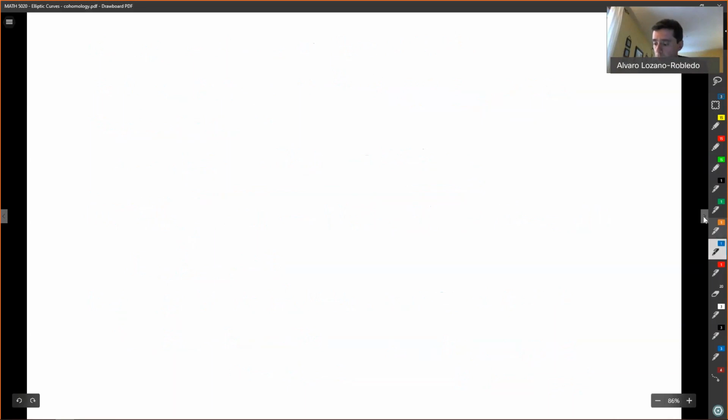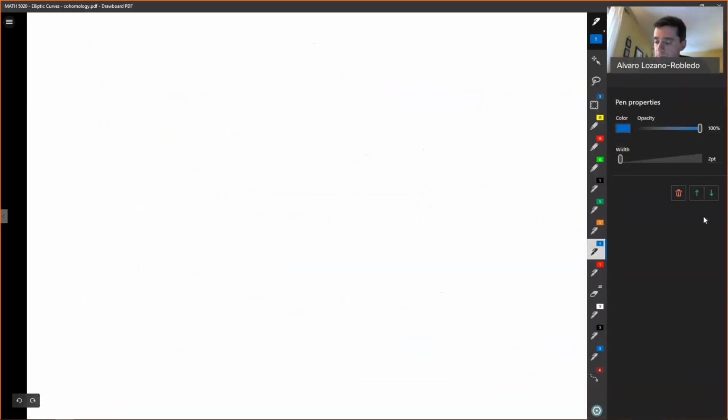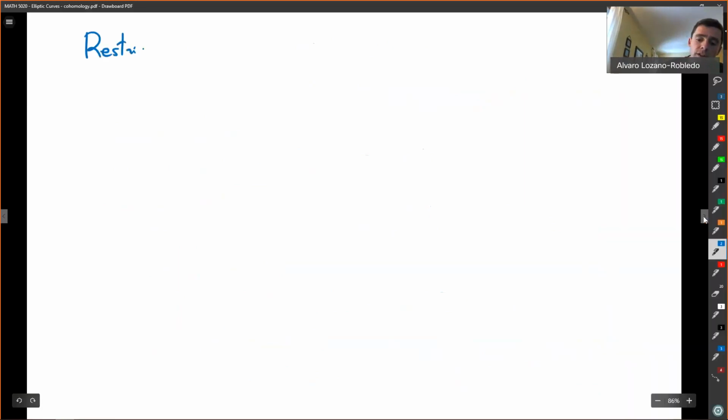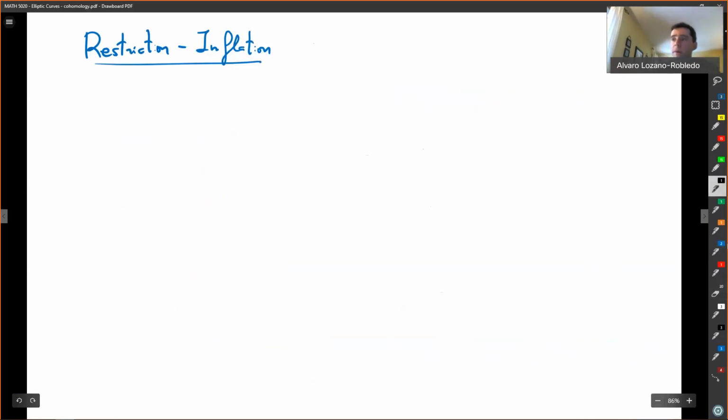Let me just talk about one more section, one more property: restriction and inflation. So what is this about? This is about subgroups of G. So suppose that H is a subgroup, then